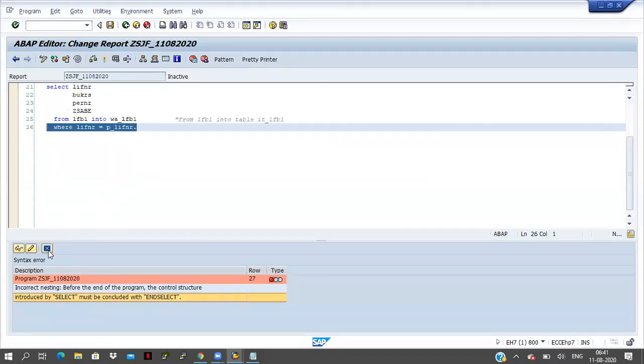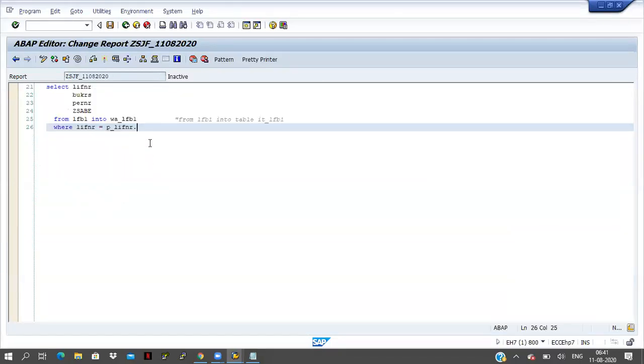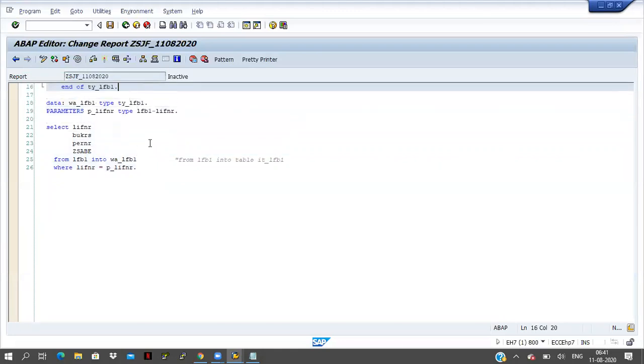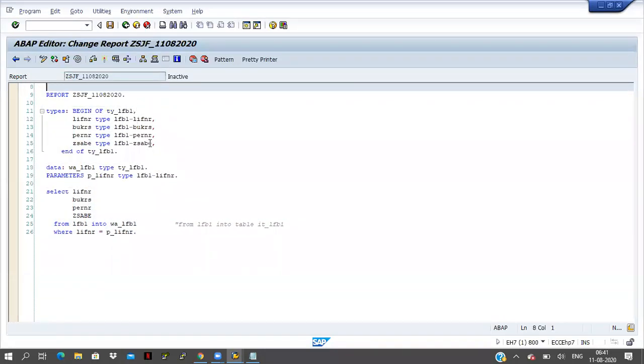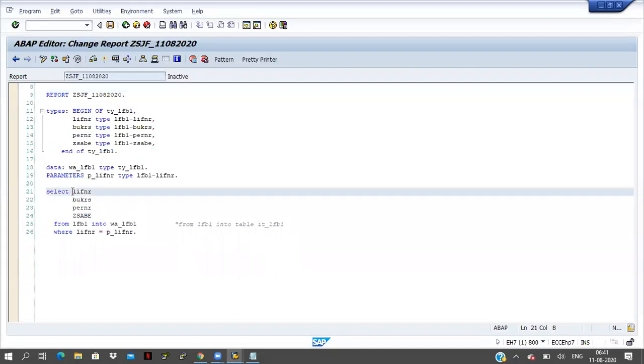So here I am selecting only one record from the table and passing it into one work area directly. This is a single record, so you have to write select single, because this is a work area and only one record I am fetching.